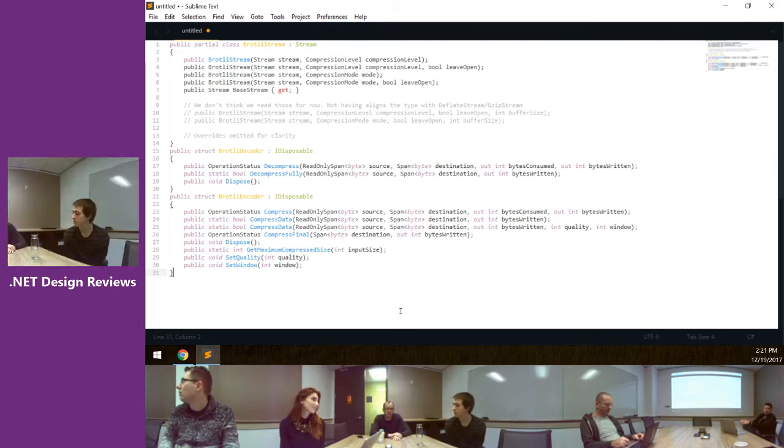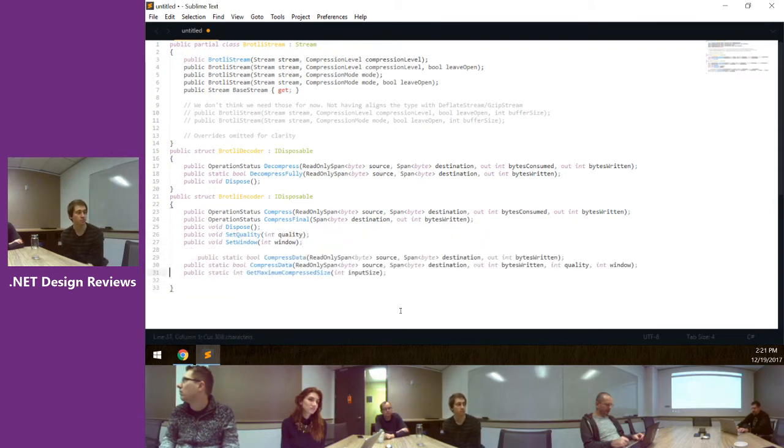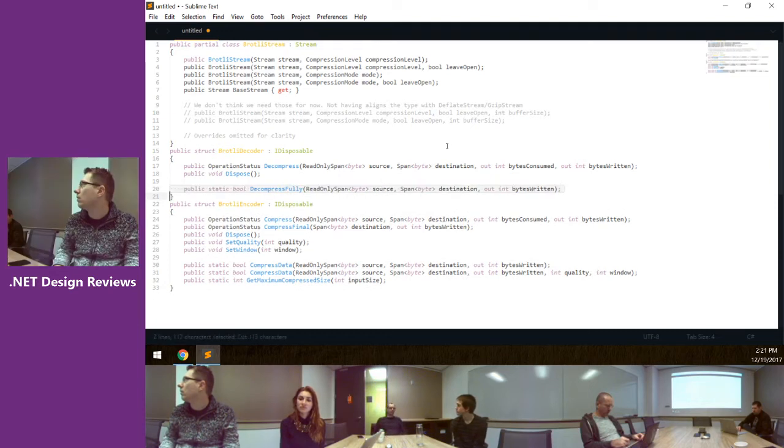I talked about this with Wes and Josh separately, and what we thought would be the best route is to not OOB it unless we have a fully managed implementation, because the native dependency makes things complex. So we would just require ASP.NET to upgrade. And now if we don't OOB it,